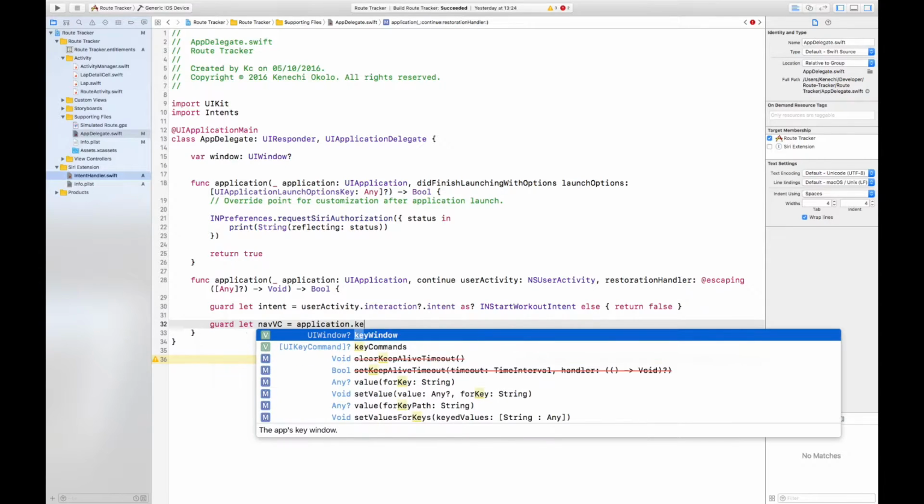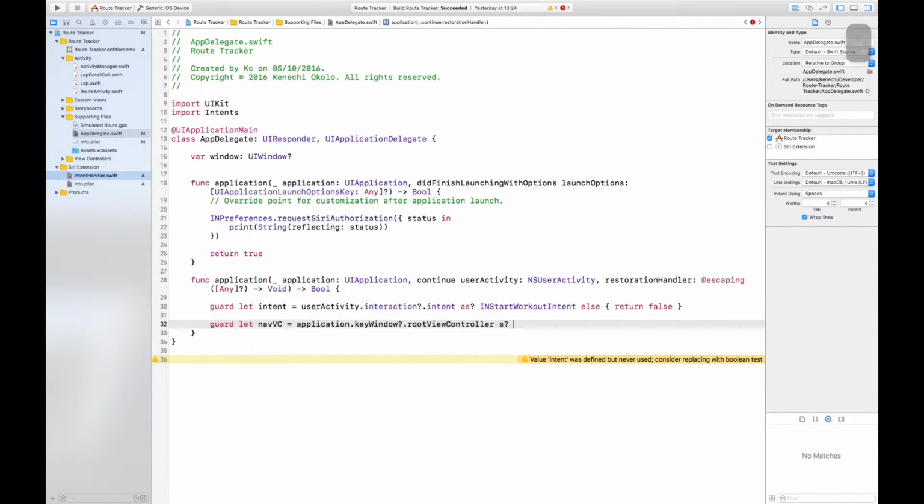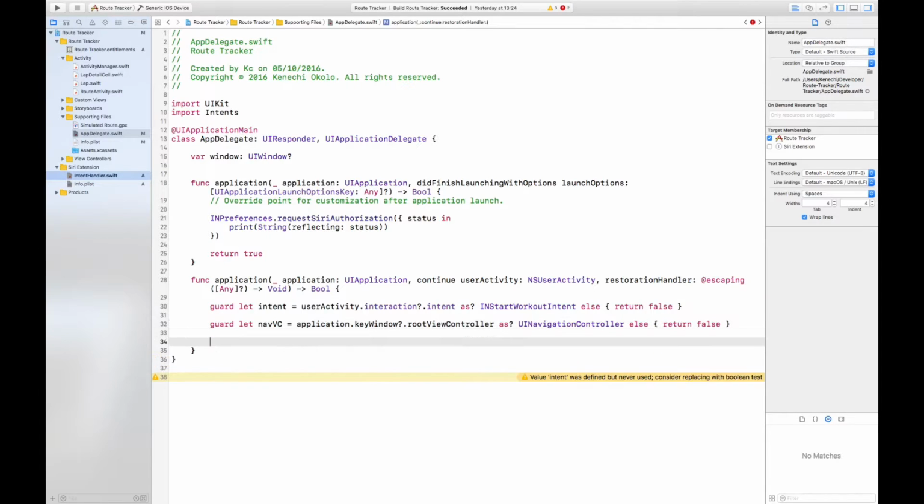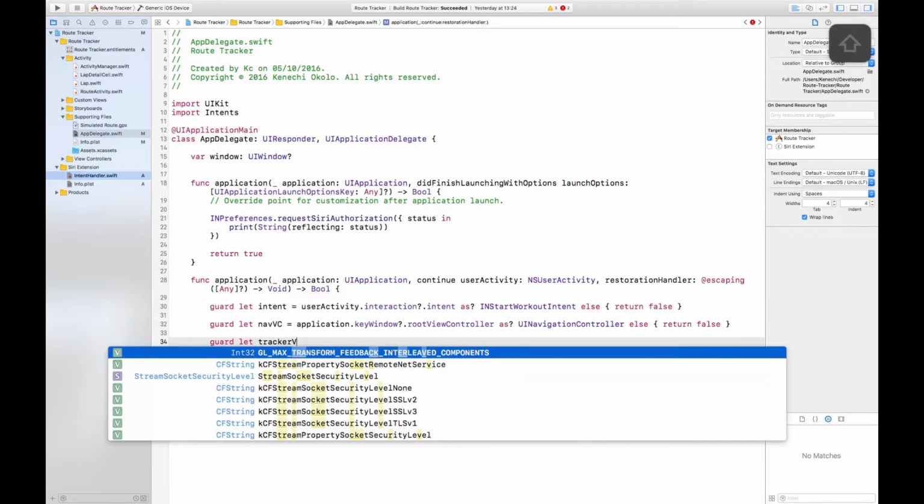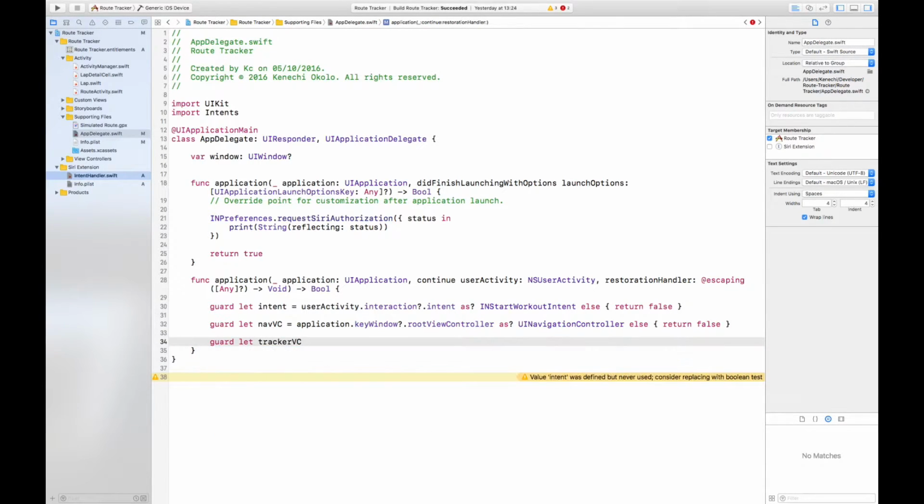Application dot key window dot root view controller as UI navigation controller, else return false. Guard let tracker, which is the tracker. I'd suggest having a look through the project just to familiarize yourself with the different classes we have. Guard let tracker VC equal nav VC dot top view controller as root tracking view controller, else return